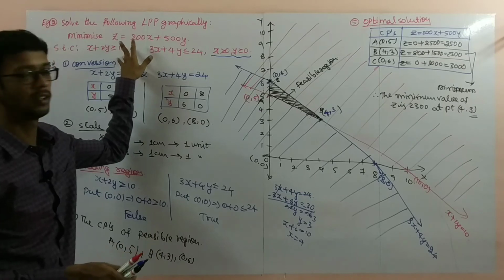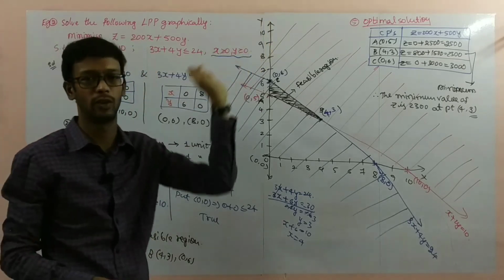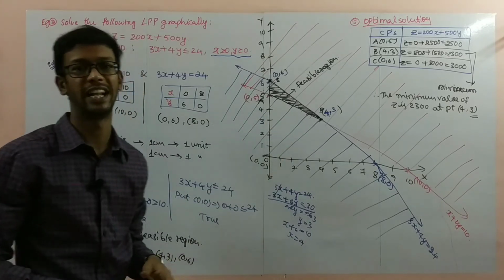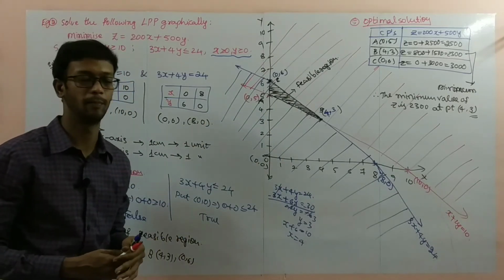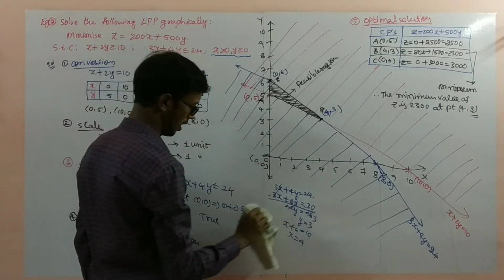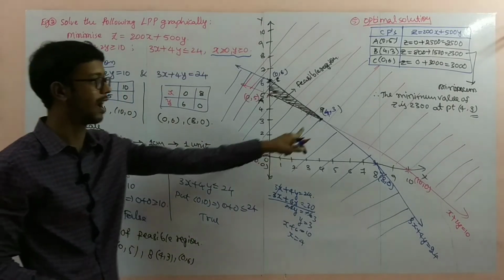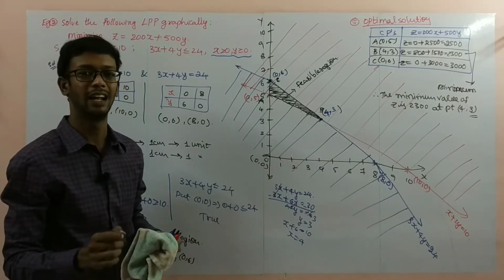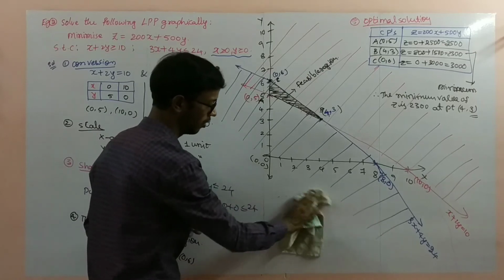Greater than or equal to means above, you will get the shading region compulsory. Less than or equal to means below, you will get the shading region. Above the line, below the line. Simple. Otherwise, you can use this concept also. With this concept, the corner points, the intersection points, you have to find by the graph. Otherwise, you can write this method also.